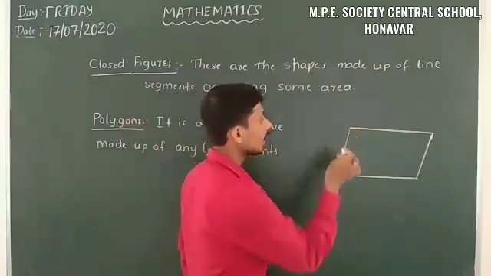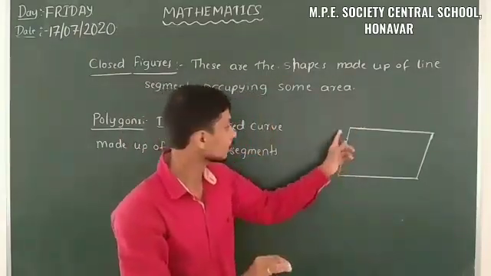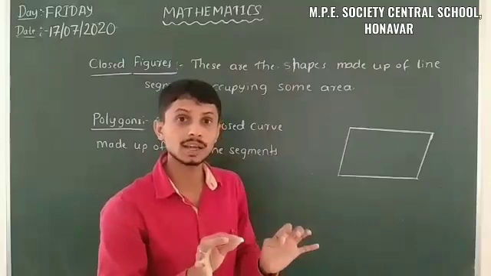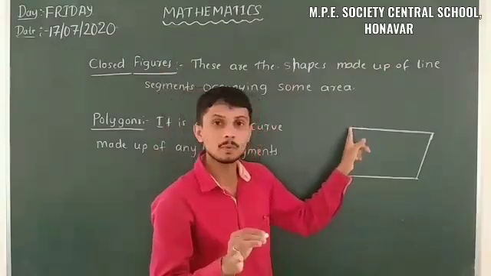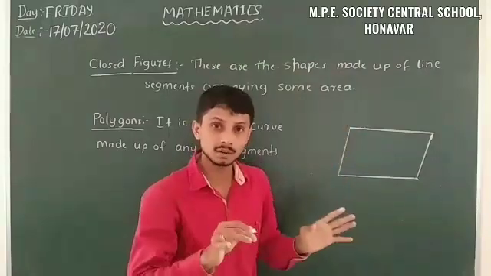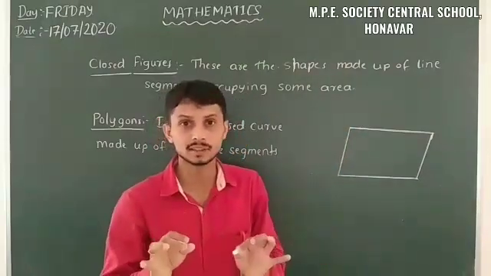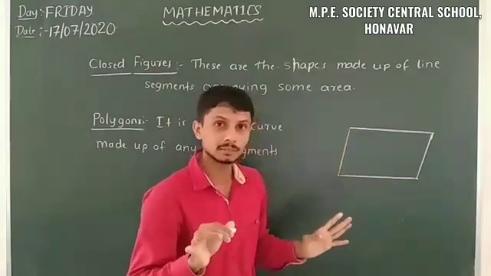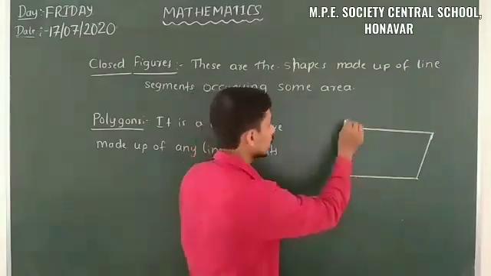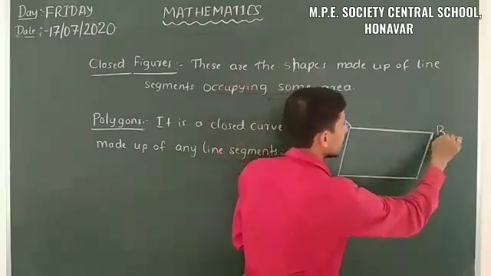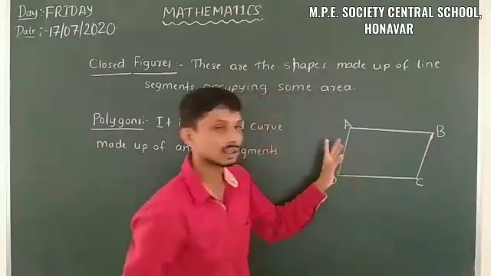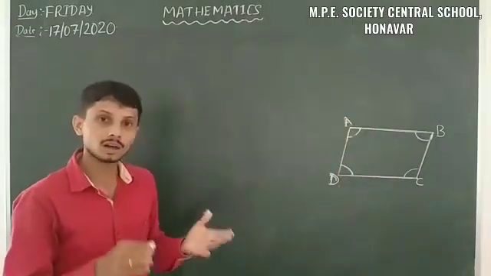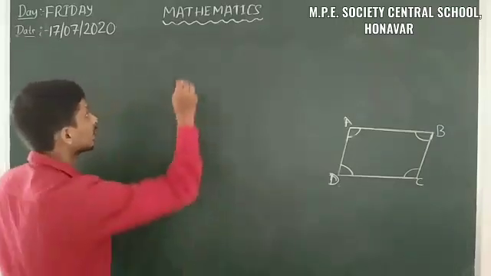After that we have to name the vertices here. Vertices means a point. It is the end point where there is a connection or a meeting of 2 line segments, or 3 line segments. Here it is a meeting of 2 line segments. That means it's a vertex. I will call it A, B, here it is C, and here it is D. So it has 4 vertices. Now let us move on to our topic, that is quadrilaterals.